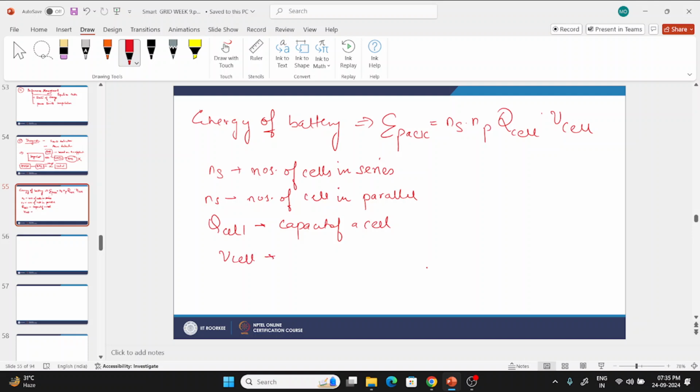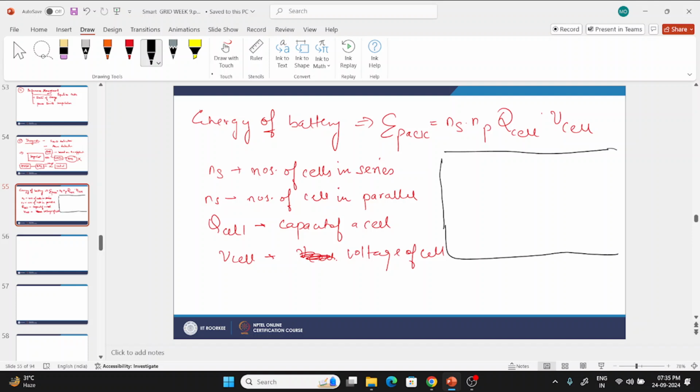Voltage of a cell. अब मैंने ये बताया था कि नंबर ऑफ सेल्स इन द सीरीज़। अब क्या होता है, एक बैटरी पैक में जो सेल्स लगे होते हैं, वे या तो सीरीज़ में, या पैरेलल में, या दोनों में कनेक्टेड होते हैं। तो जनरली प्रैक्टिकल यूसेज में सेल इस तरीके से लगे आते हैं।